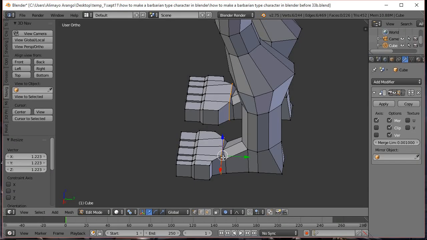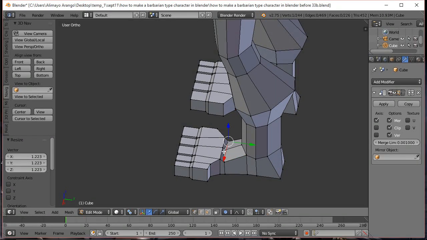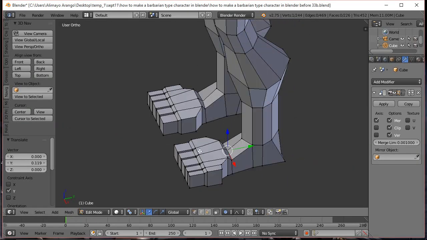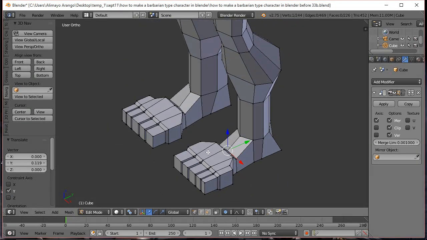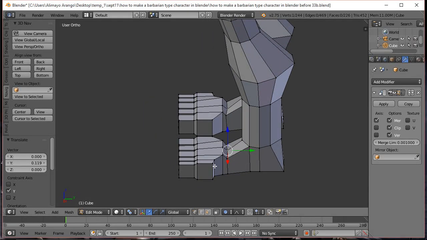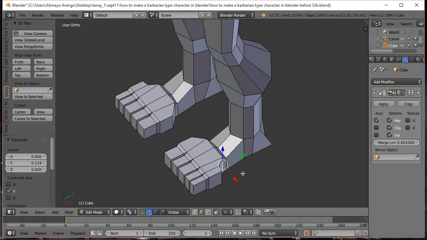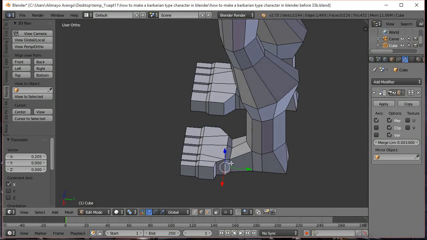I'm going to go to vertex select. Select that vertex right there. I'll press G and then shrink the area of influence. Pull that back some, like that. I'm going to press O to turn off the proportional editing tool. I'm going to go to edge select. I'm going to select here, hold the middle mouse button, turn to the side. Just pull out to the side a little bit. Like I said, we can come back, but since we're right here,